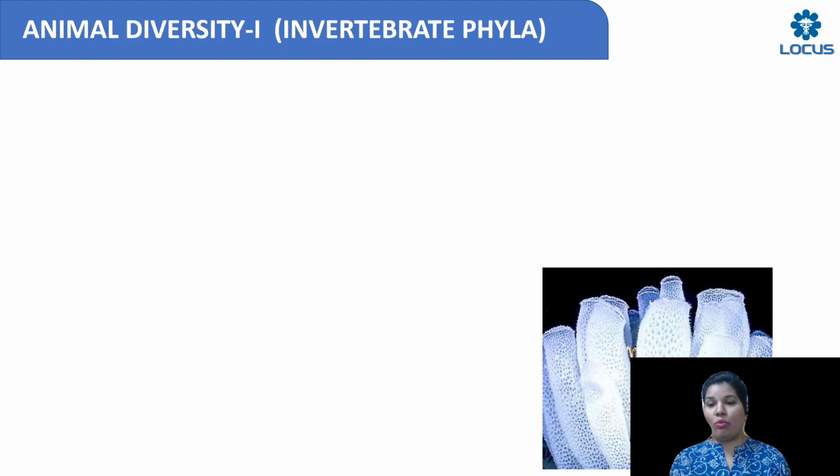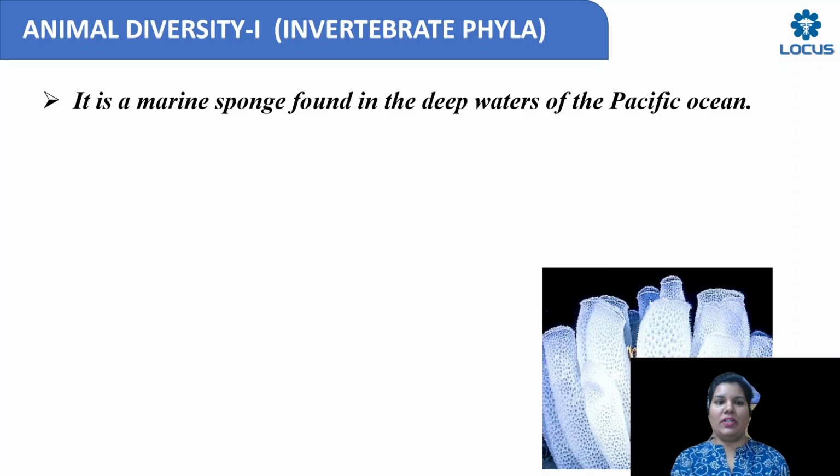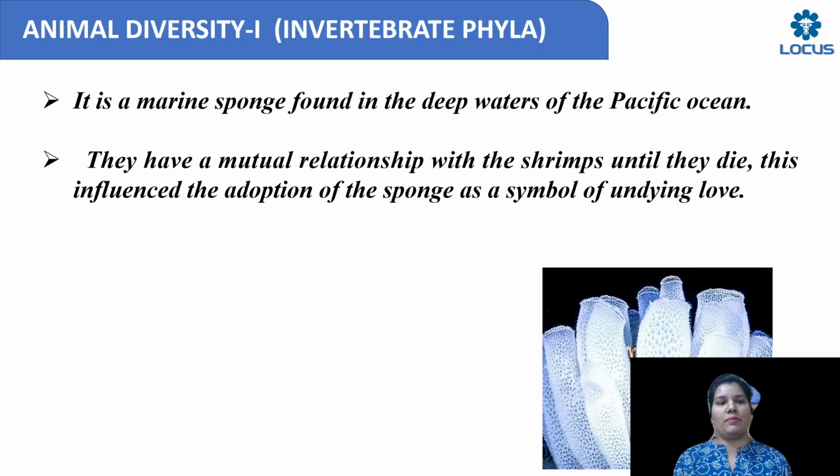Okay, now let me tell you why Euplectella is considered a wedding gift. First of all, let's learn where you see Euplectella. You would see it in deep waters of the Pacific Ocean, since it's a marine organism. Then